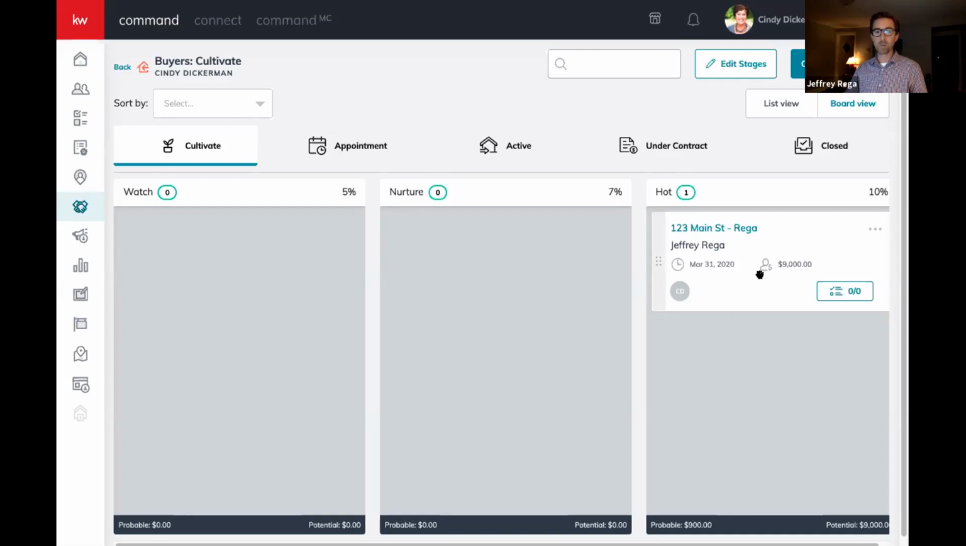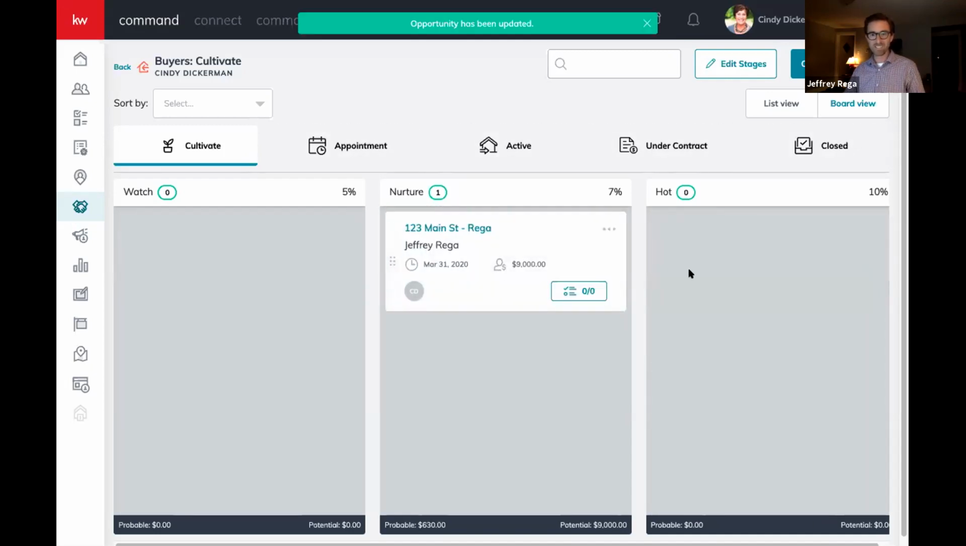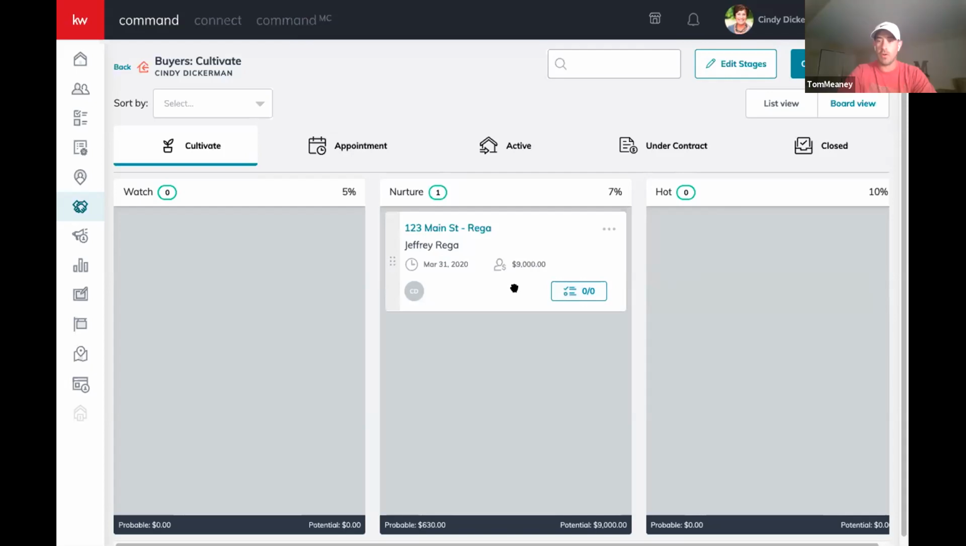Sounds like Tom is more of a nurture, being a year out. What do you think? Yeah, I mean, whatever. I'm just throwing it out there. It doesn't matter. There's no right or wrong. It's however you are looking at that person. So, if Tom's a year out, you're not going to put him as an active